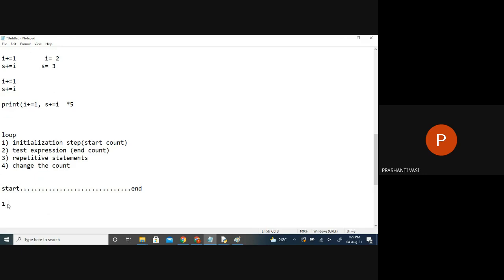Let us say the starting point is this one, and the ending point is this one. We have to tell the logic of moving on. What is the step over time? Should I do +1 or should I do +2? What is the logic you want to use?